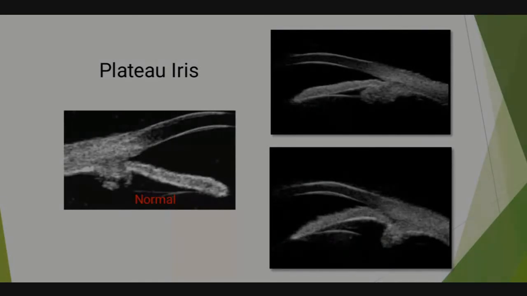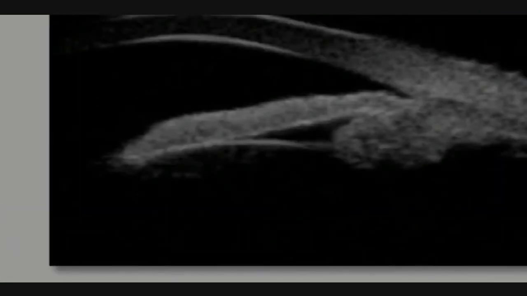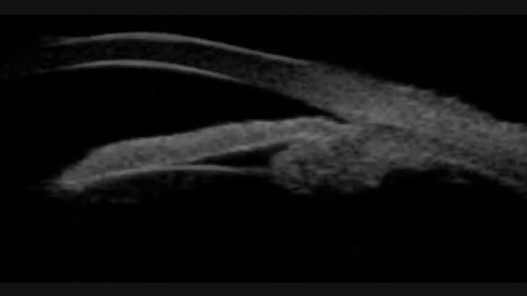This is the normal image. You can see the normal image, right? You remember the structures? In the first image at the top right, you can see the difference in the CB region. You can see the gap between the angle and the CB, and how the CB is in both. In this image, the CB region is anteriorly placed and it is big in size when you compare.